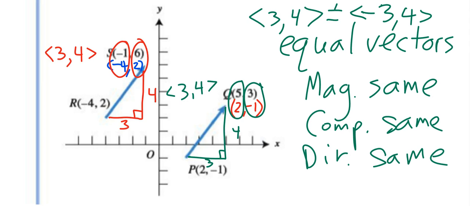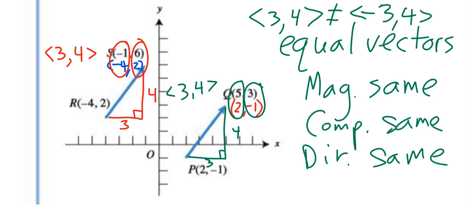And just because they have some pieces that are the same, I mean, we could have the magnitude of the vectors be identical. But if the direction is not the same, then you cannot call them equal vectors. You can only say that the magnitudes of the vectors are the same. To be equal vectors means they have to have the same magnitude. If they have the same components, by the way, folks, will they have the same magnitude? Yes. If they have the same components, will they have the same direction? Yeah. So it really boils down to they have to have the exact same component form.